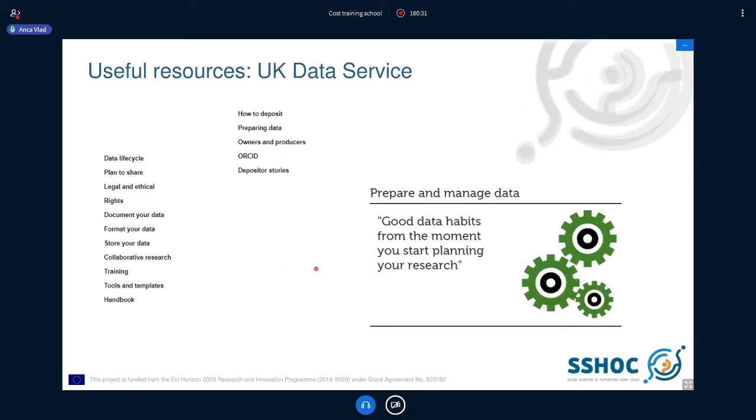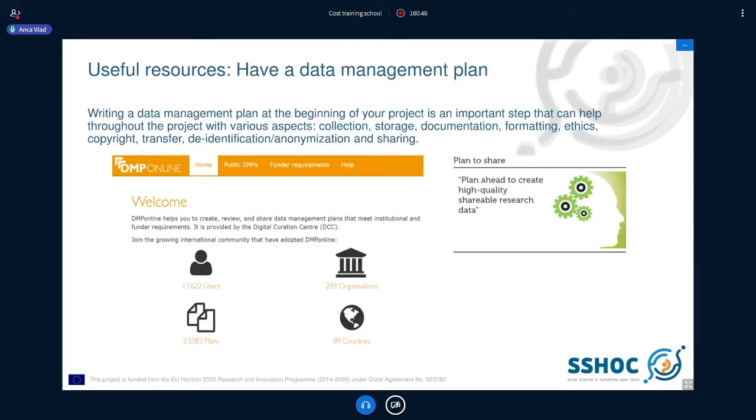Okay, we also have quite a lot of resources here. So planning to sharing, legal and ethical, documentation, formatting. So our website, UK Data Service, you can also have a look there. Okay. Also, in terms of having a data management plan that we mentioned at the beginning, the DMP Online is